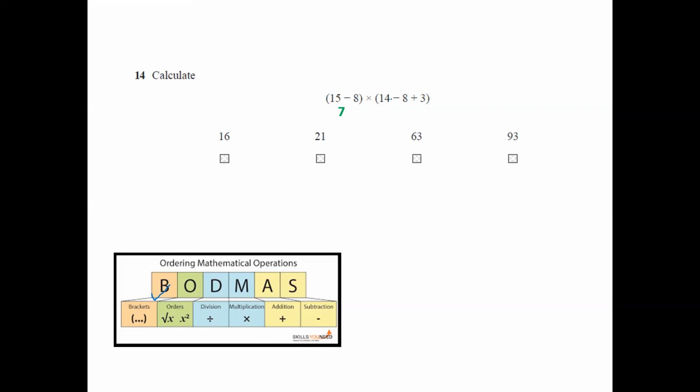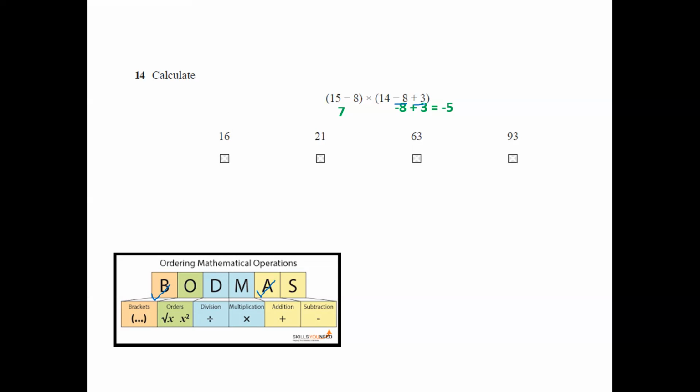So in this, you can see minus and plus. Addition and subtraction, both are there. So according to BODMAS, you have to do addition first before subtraction. So therefore, first we'll add minus 8 plus 3. Minus 8 plus 3 is minus 5. So some children have a little confusion about how to do